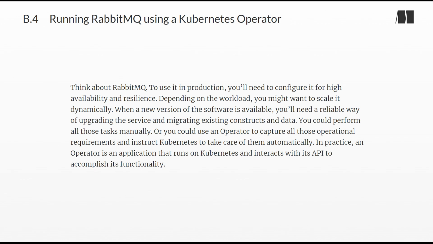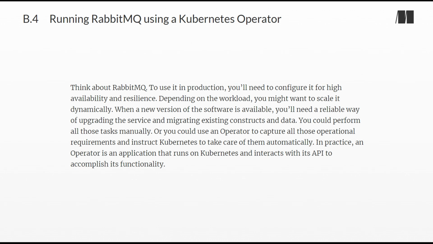To use it in production, you'll need to configure it for high availability and resilience. Depending on the workload, you might want to scale it dynamically. When a new version of the software is available, you'll need a reliable way of upgrading the service and migrating existing constructs and data. You could perform all those tasks manually. Or you could use an operator to capture all those operational requirements and instruct Kubernetes to take care of them